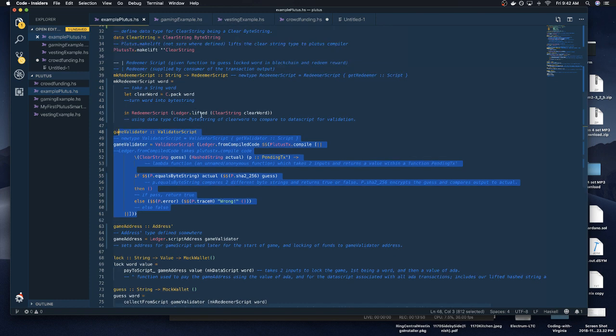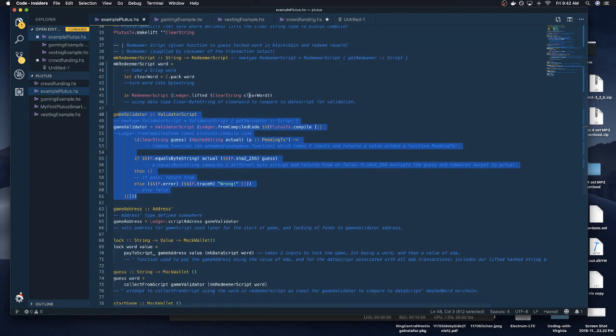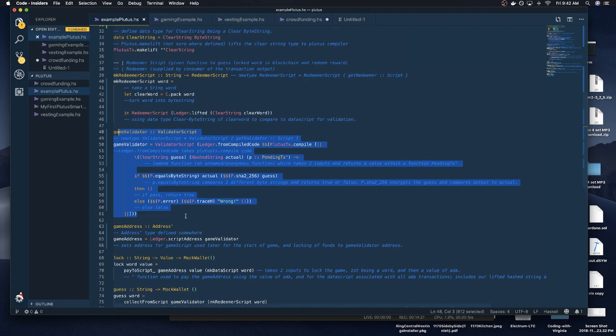You might wonder, why isn't it taking an address for the data script or the redeemer script? Well, that's because the data script and the redeemer script are the host and the client, and we don't want the address of the host or client because that would be biased. We don't really care where they're located. What we want is the address of the actual blockchain, the third party compiling Plutus. We want the game, we don't want the people. That's the whole idea. So we get the address of the game,